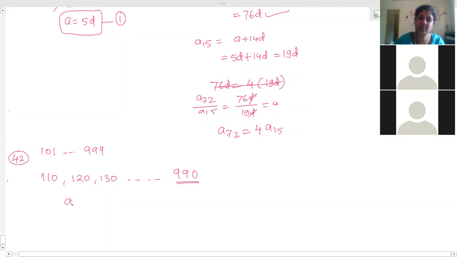So AN is equal to 990. Then A, the first term, is 110. D is equal to 10. And then find out the n value. AN is equal to